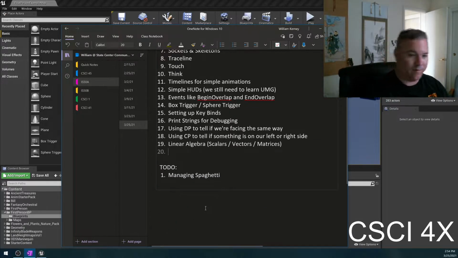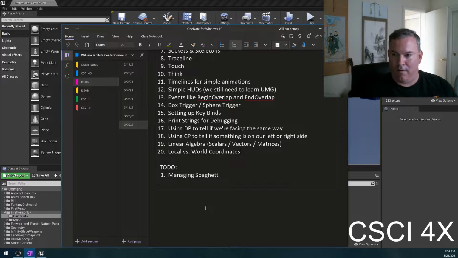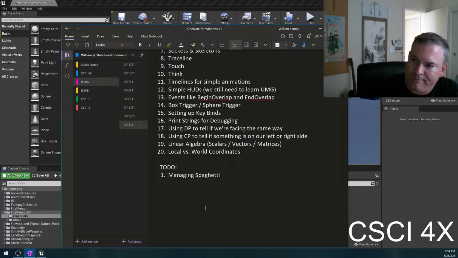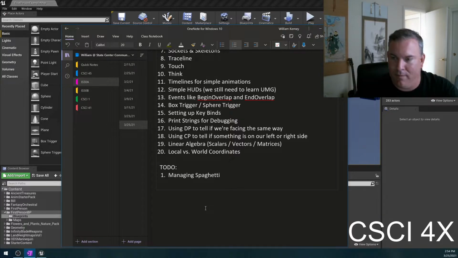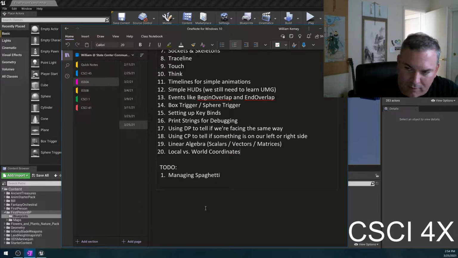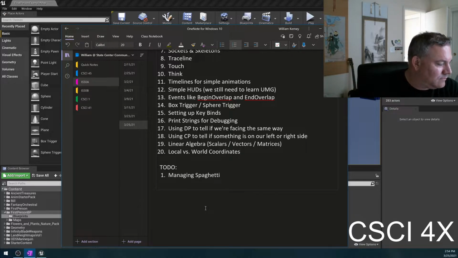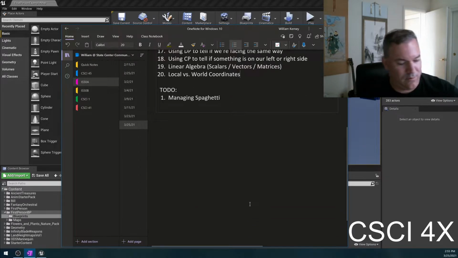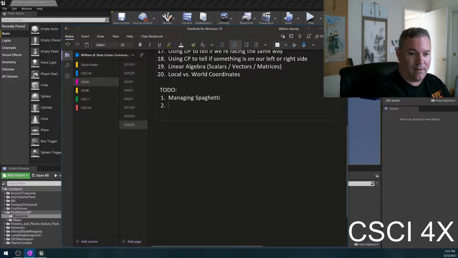Oh yeah, local and world coordinates. So if you want to make a rocket appear in front of your plane, are you going to use world coordinates or local coordinates? What do you guys think? When should you use world coordinates? When should you use local coordinates? Sure, I'll just draw it. I've got one node open already. Other to-dos, we got AI, AO,